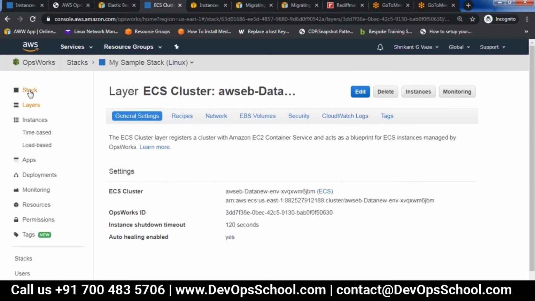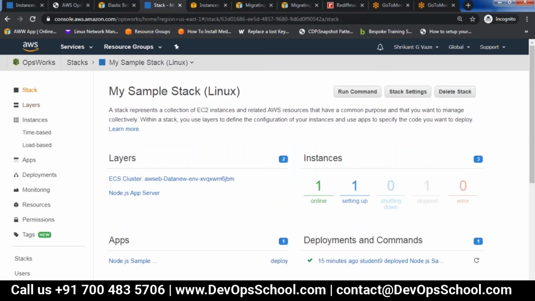So please don't overuse. Somebody has created an ECS cluster in it. So when you are done, please delete it in time.